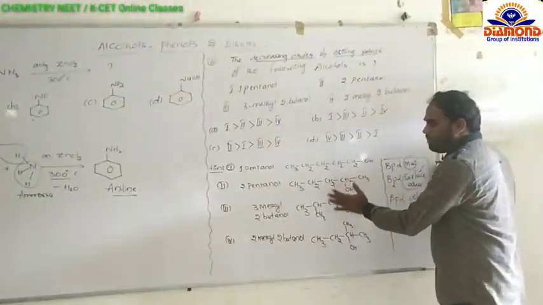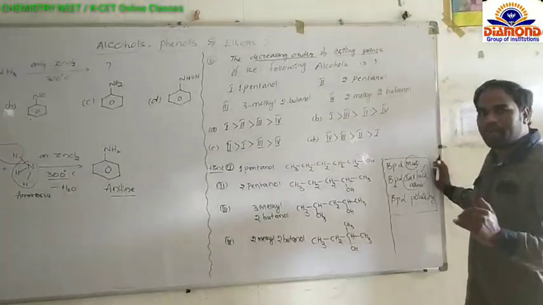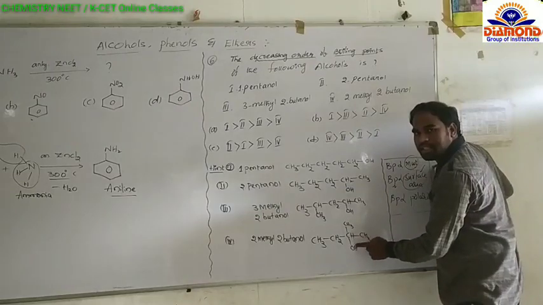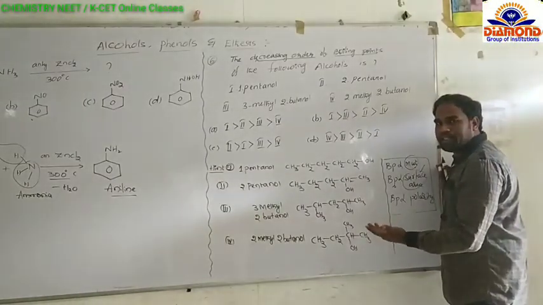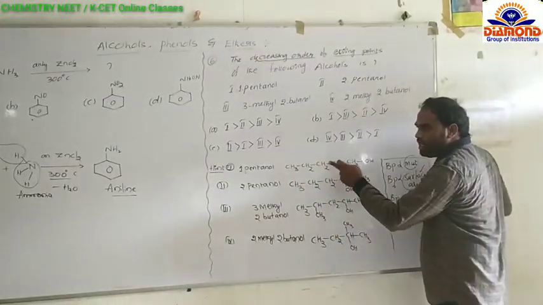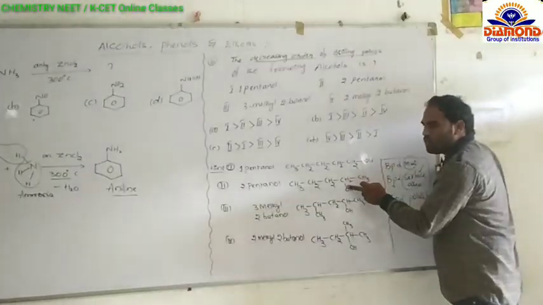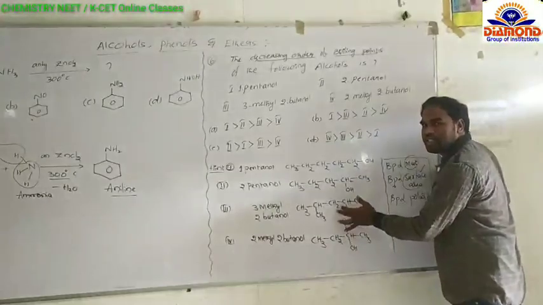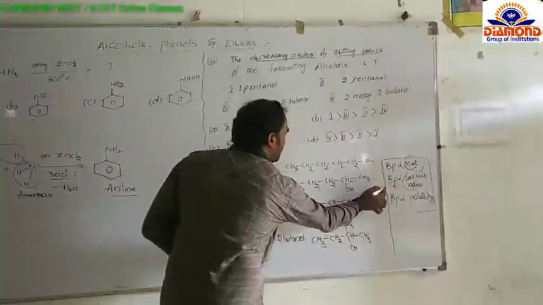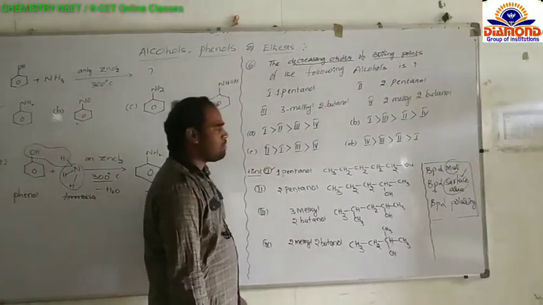Next, 2 pentanol and the remaining compounds. In these, as the branches increase, boiling point decreases. So here branches are increased, and here branches are increased. So what is the clue, students? As the branches increase, boiling point decreases. Therefore, 1 pentanol doesn't have any branches and has more surface area, so it has the higher boiling point. Next, this one, 2 pentanol, and here branches are increased. Therefore, this compound has a lower boiling point. So based on this clue, 1 pentanol has the highest boiling point.